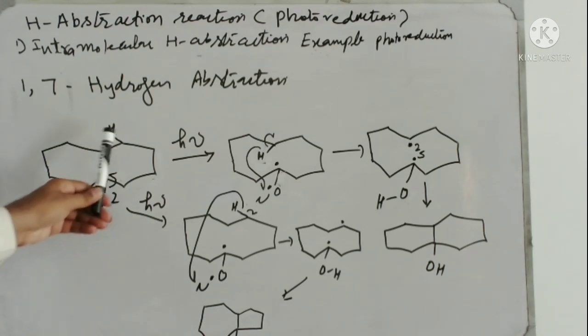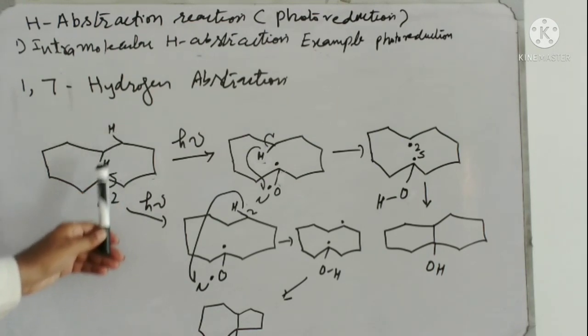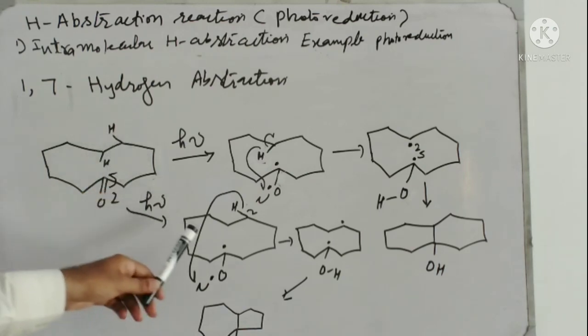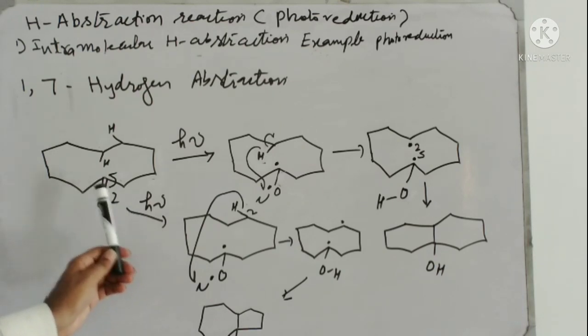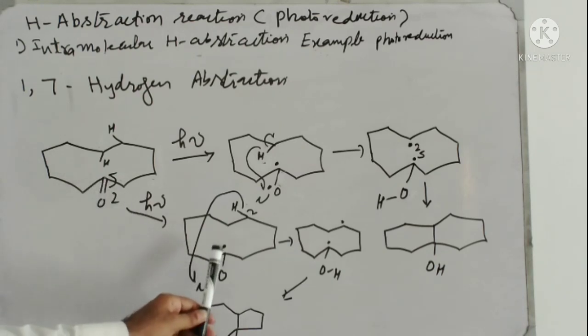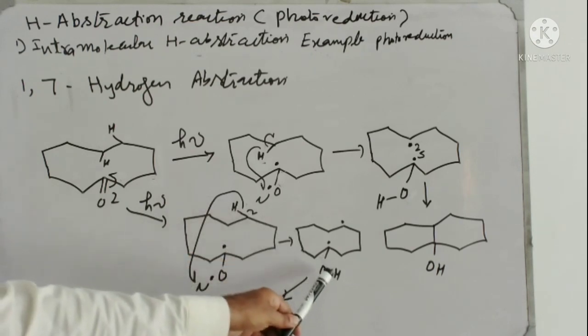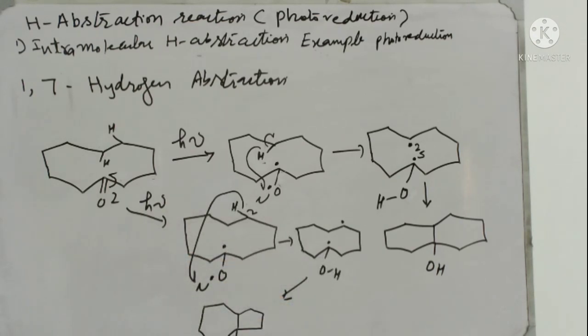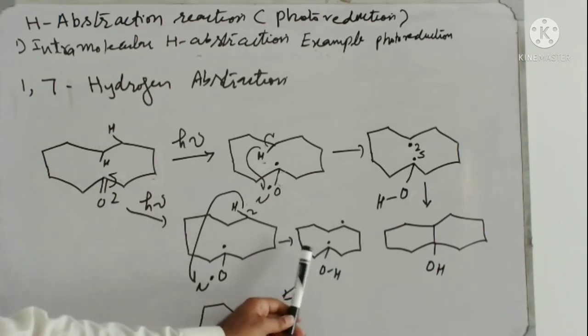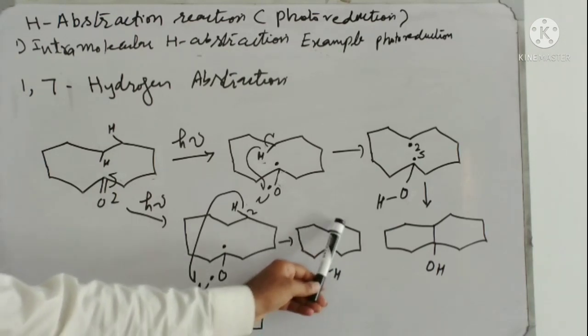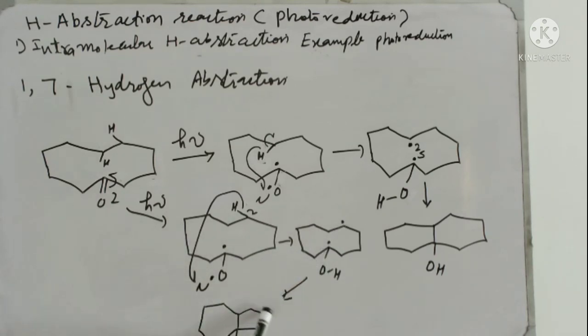If this other hydrogen is abstracted, this is 1,7. First it is photoirradiated, then this carbonyl forms the alkoxy radical, and then this alkoxy radical abstracts this hydrogen to produce OH here. Then, if we count this radical and this radical, 1, 2, 3, 4, 5, 6, 7, this 1,7-diradical combines to produce this type of product. This product has a seven-membered ring, and it is this type of alcohol derivative as the final product.